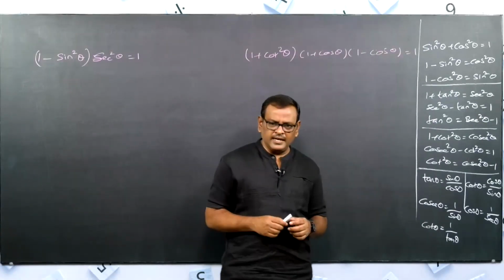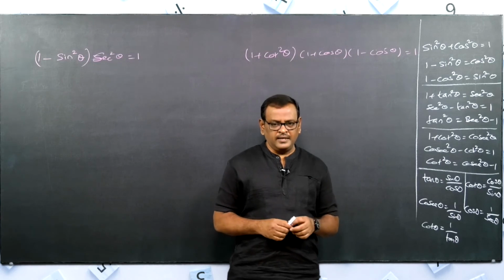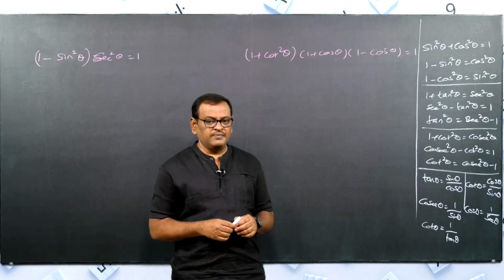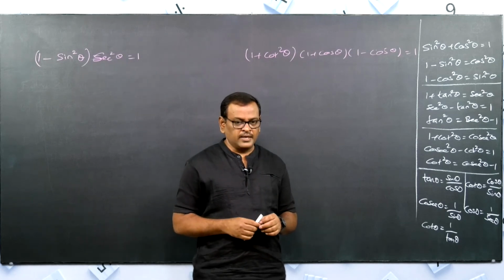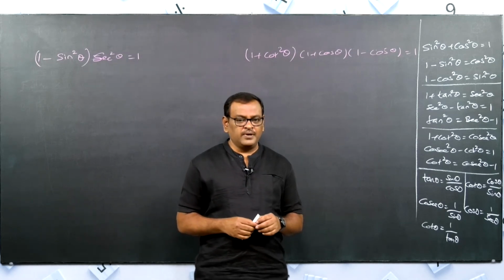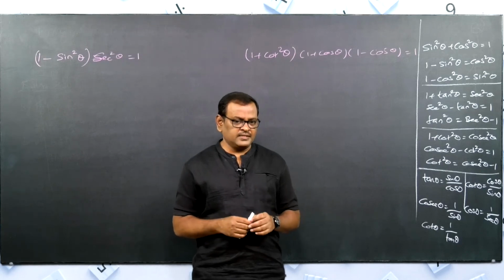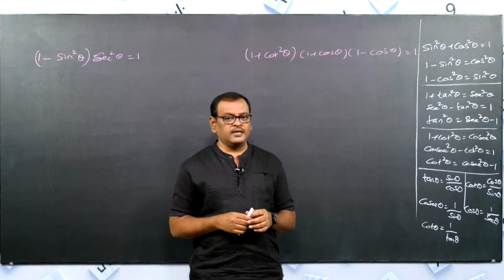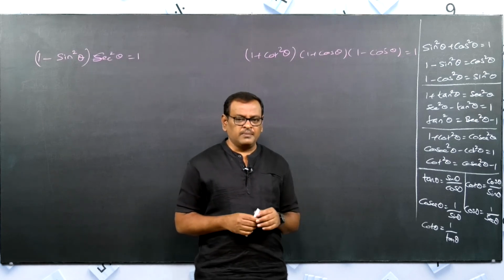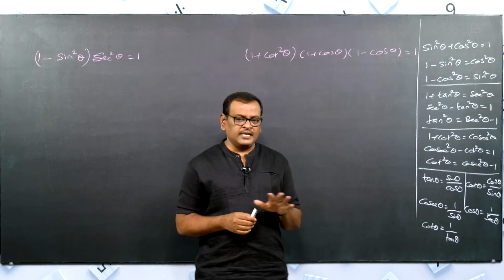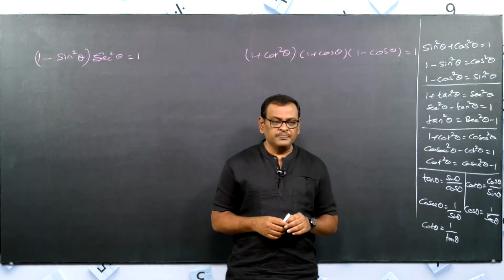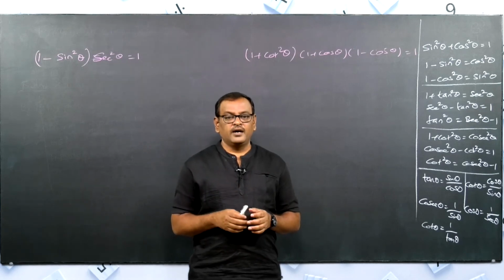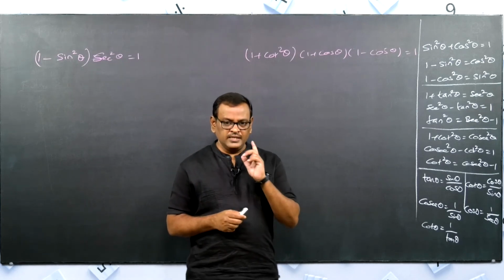Now, based on the three identities, how do we prove trigonometric identity related problems? We have 15 types of problems. If you know all the 15 types, you can easily score very good marks. In 10th standard, one of the very important exercises, with maximum weightage, is trigonometric identities. You have a collection of more than 200 trigonometric identity problems. Among all the problems, you can find a standard pattern. You have 15 standard patterns. If you know the type of a problem and how to identify the working rule of each type, then you can easily solve that problem.